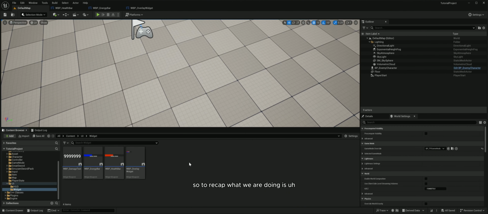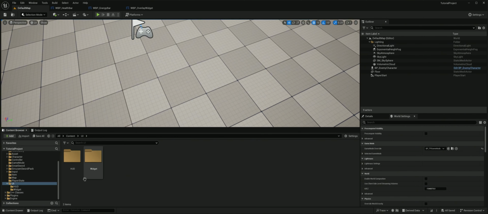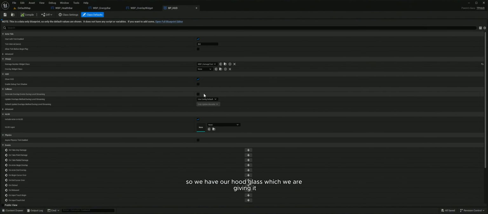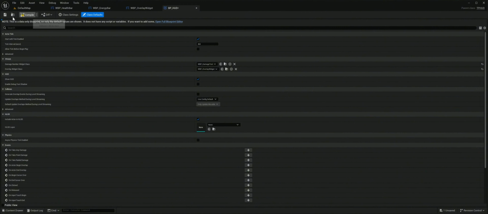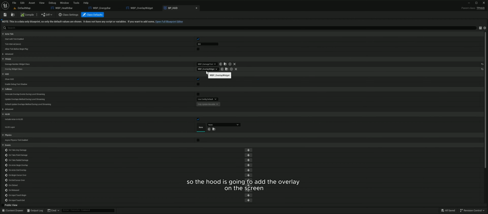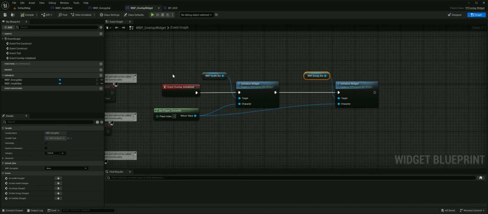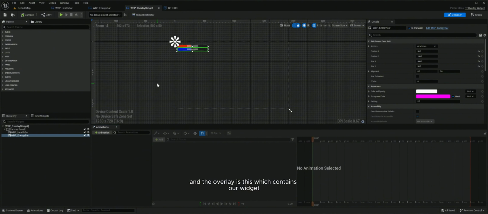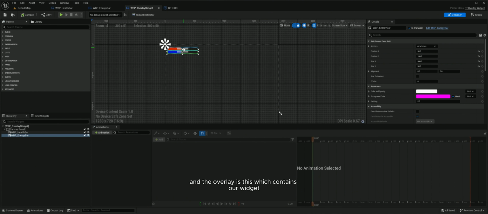So to recap, what we are doing is first let's find our HUD. So we have our HUD class, which we are giving the overlay widget class, right? So the HUD is going to add the overlay on the screen. And the overlay is this, which contains our widget. So now when the overlay is added to the screen,